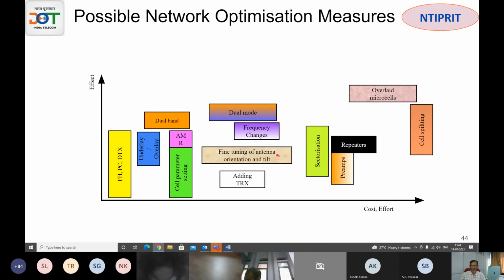Frequency changes can be done, fine-tuning of the antenna orientation and tilt, adding TRX, adding carriers, sectorization, as I said, 4 sector, 5th sector, repeaters, pre-amplifier. Pre-amplifier means tower mounted amplifier, TMA, many names are there, LNA. So the tower, like I was saying, suppose you